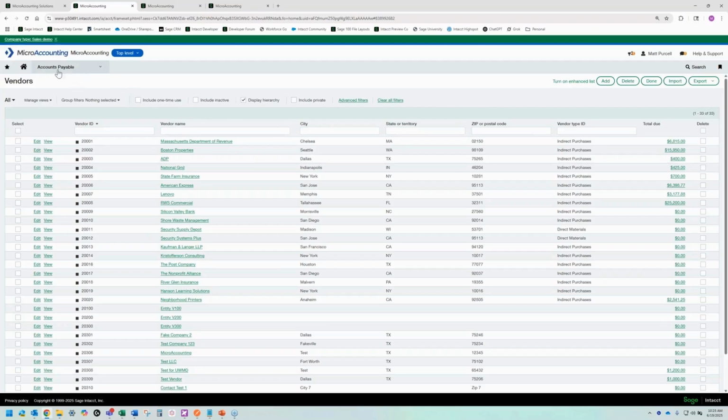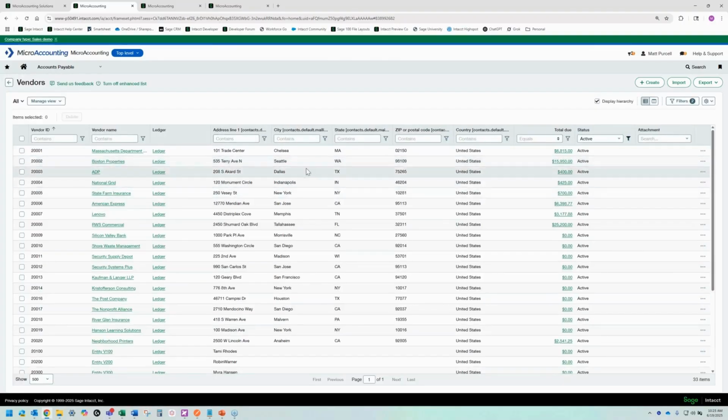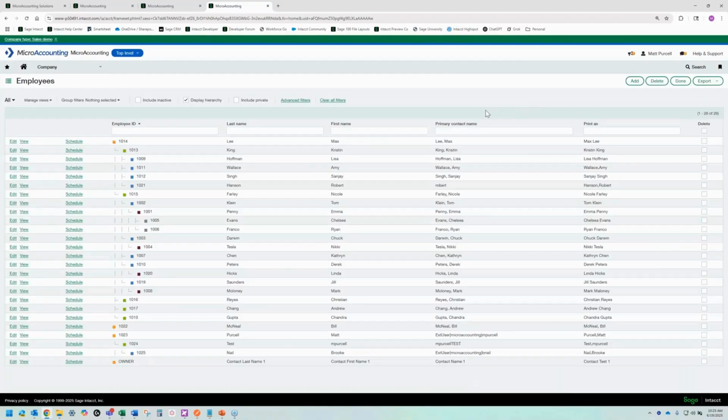So here from my normal AP list view, you'll see this option up here for turn on enhanced list. If I click that, it's going to refresh my screen and it's going to come up with this new kind of user interface. Not all of the list views have it. Okay, here we go.